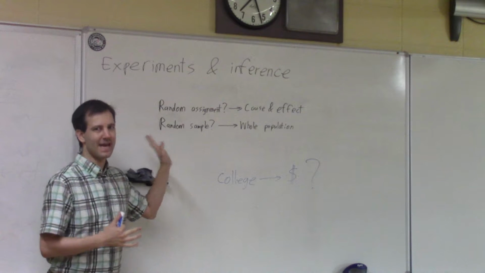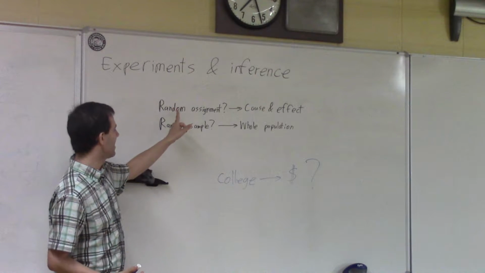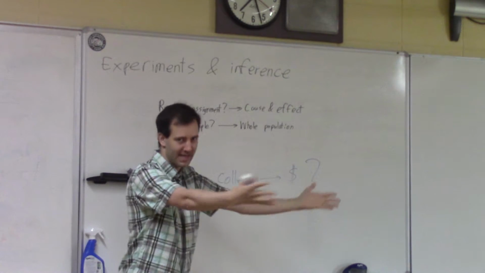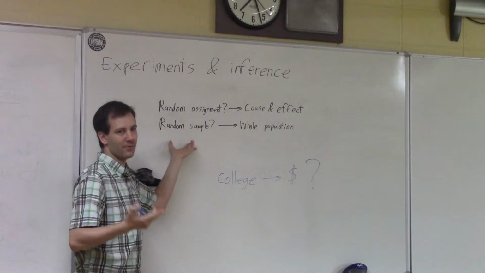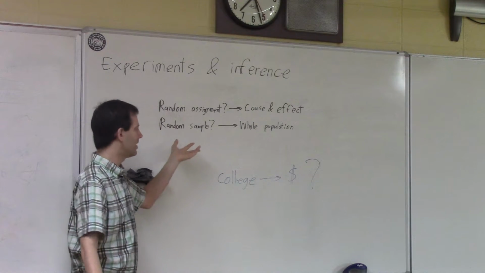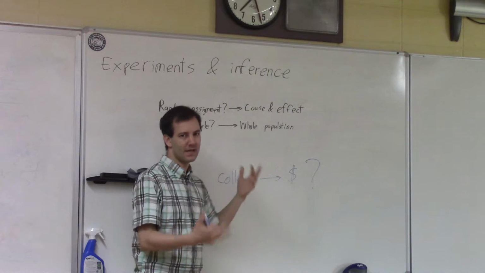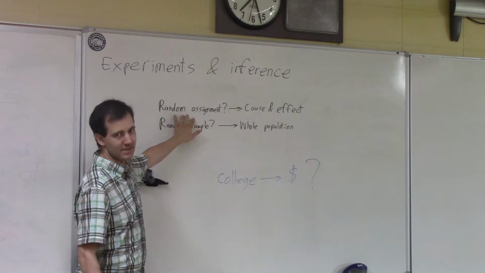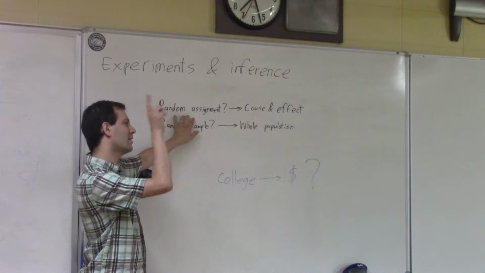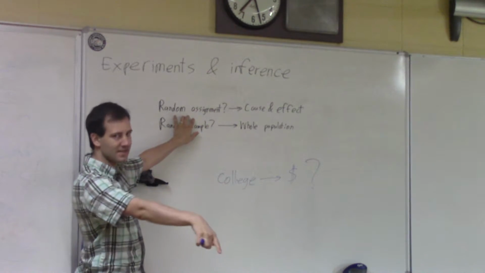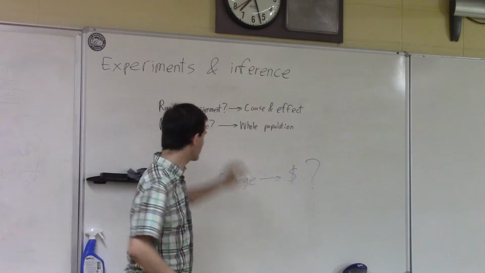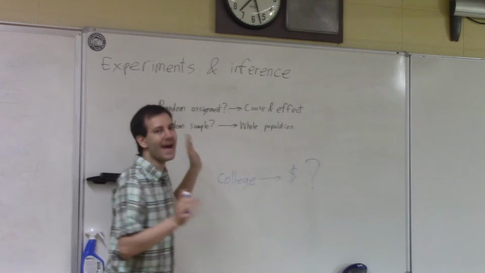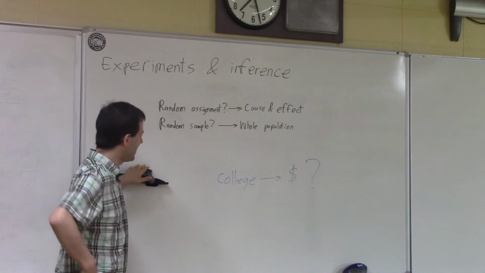The point being that unless you've actually done it properly, you can't establish that it's true about everybody else out there. If you haven't taken a random sample from the entire population, you can't establish that the results apply to the entire population. Unless you've imposed the treatments and decided who gets to go to college and who doesn't, you can't establish cause and effect unless you can randomly assign half of everybody to go and half of everybody not to. But not necessarily half, but part to and part not to.